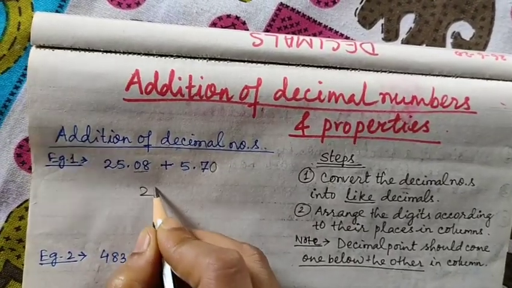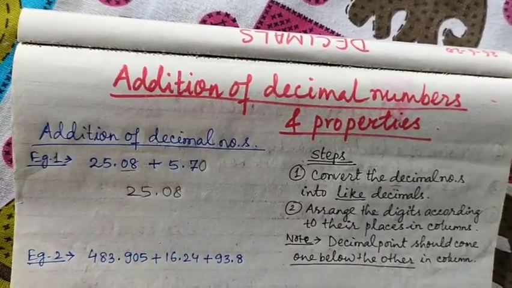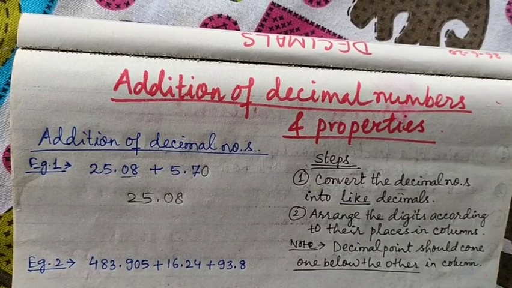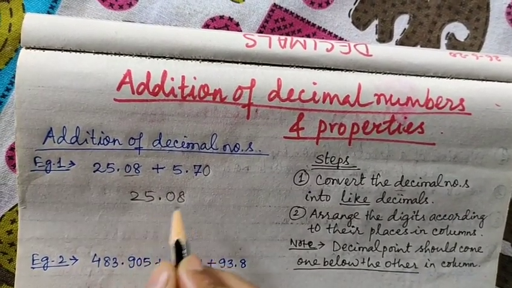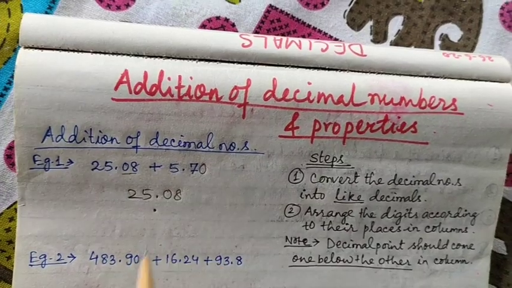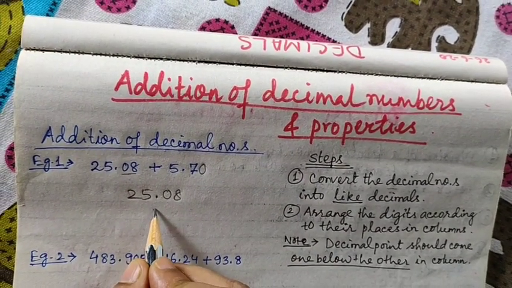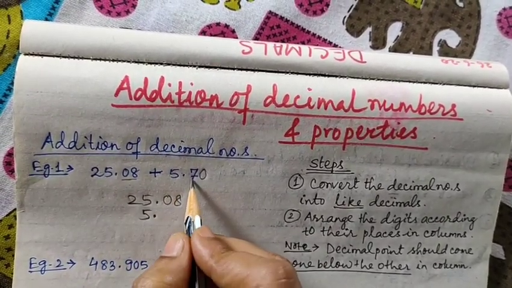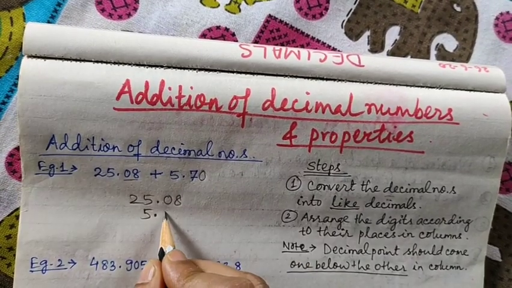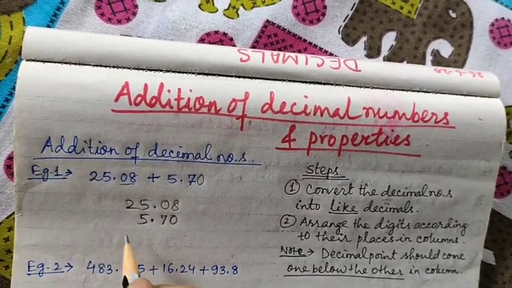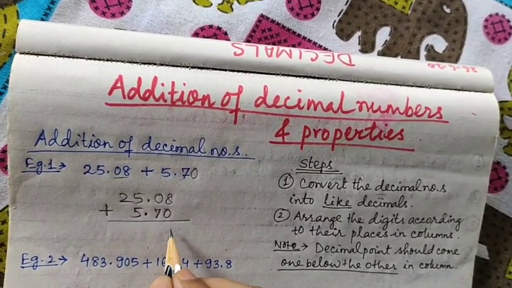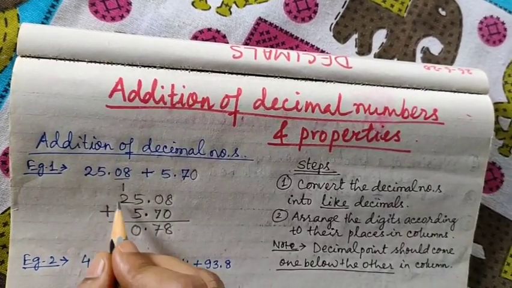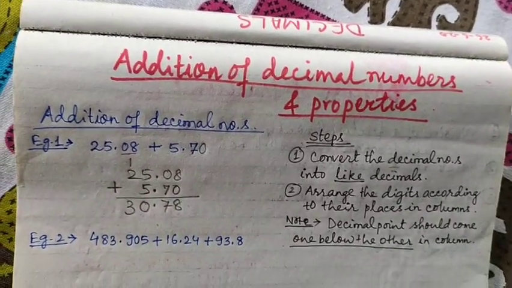So first you write 25.08, then you have to write 5.70. So I told you decimal point के नीचे decimal point होना चाहिए. So ये है, this is your decimal point. So this decimal point will come below this, इसी के just नीचे आना चाहिए. Then you have to arrange 5 in ones place. So just before .5 comes, just before .7 and 0. So 7 in 10th place, 0 in 100th place. So you have to add 8 plus 0, 8, 0 plus 7, 7, 0.5 plus 5, 10, carry 1, 2 plus 1, 3. So 30.78.